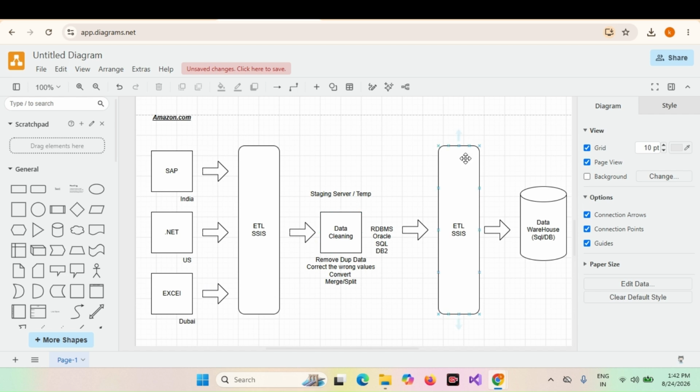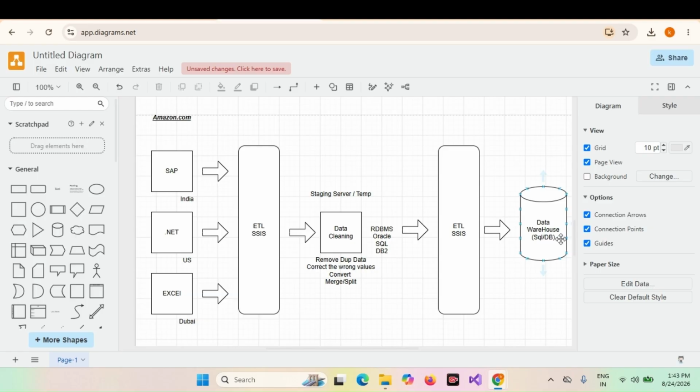After cleaning the data, we can use one more ETL, SSIS, which takes the processed data from the staging server. Then SSIS loads the data into the data warehouse. The data warehouse is a centralized place where the data from different sources is stored for reporting and analysis.